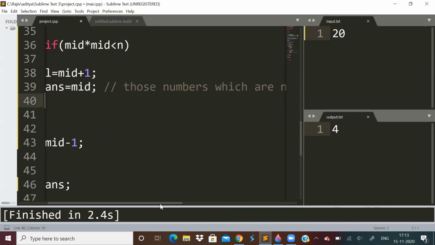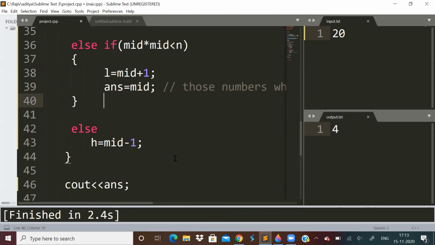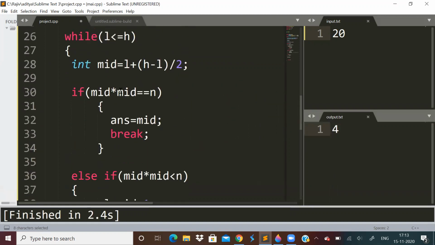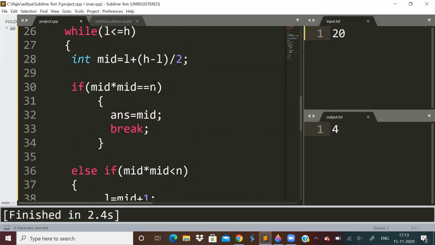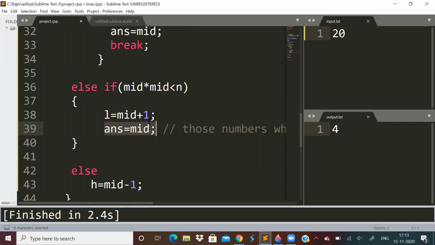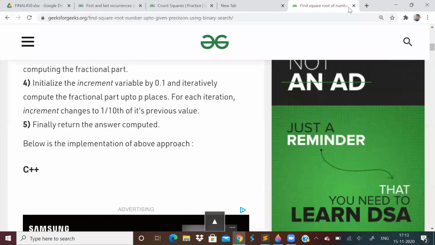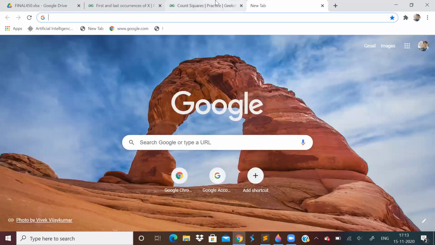Because if we say square root of 10, we should say 3, right? That is why this answer. So this is an important step here. Otherwise, again, it is standard binary search code format only. Mid into mid is equal to n, break out. Otherwise, check for this.